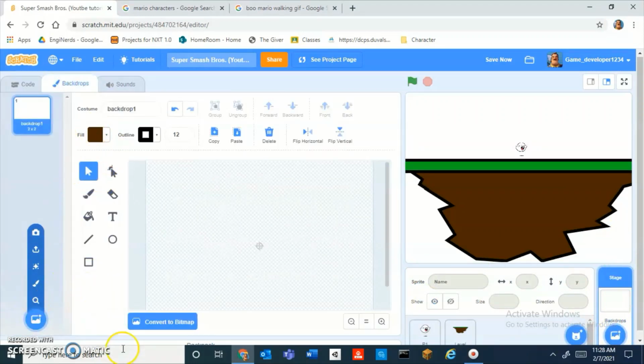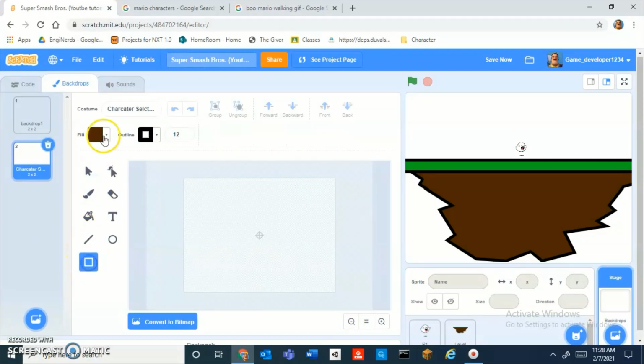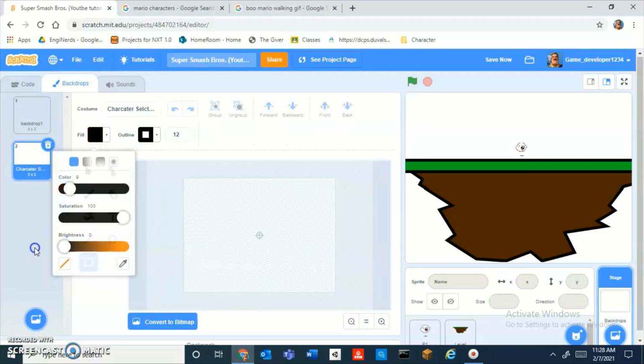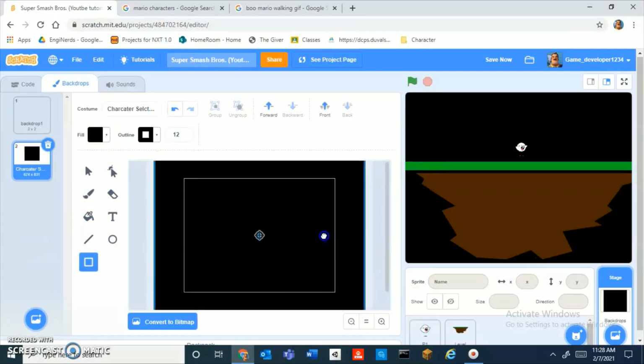I'm going to make a backdrop. And I'm going to call it character selection P1. Yeah, alright. And then just make a huge black square. Okay, yep.